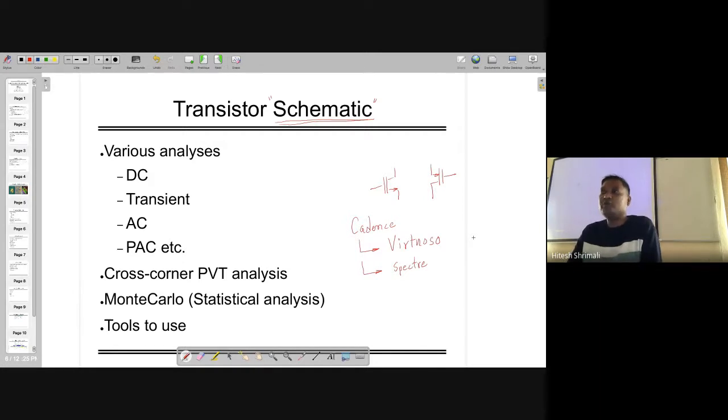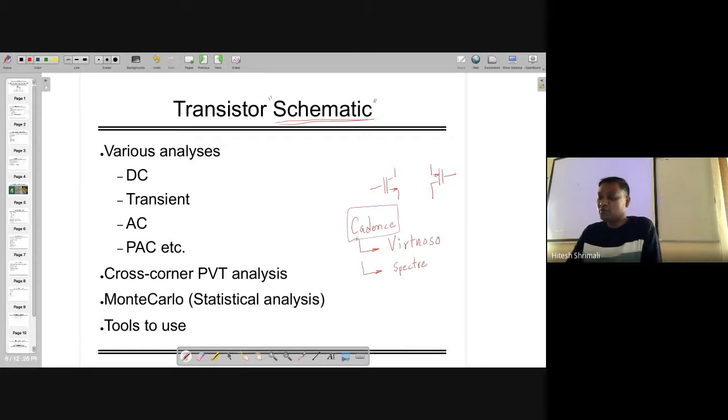Okay. So you can use the Spectre simulator for simulating your schematic design. However, you know how to do it in SimMicA. We have separate lectures also available on my YouTube channel where you can find out how to simulate using SimMicA. If you have any doubt, you can go back and you can learn that, right? But as I already taught about SimMicA, I'm talking about Cadence over here, right?